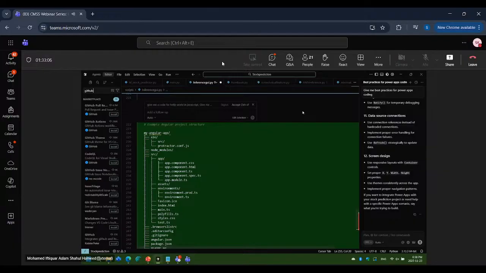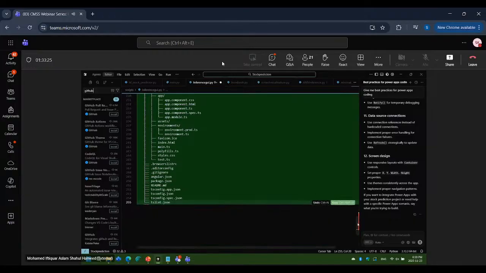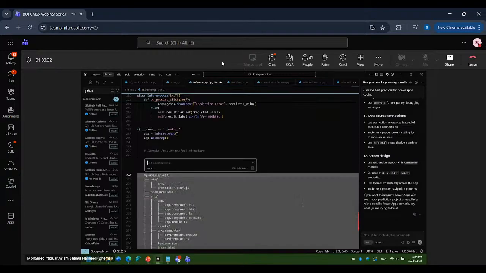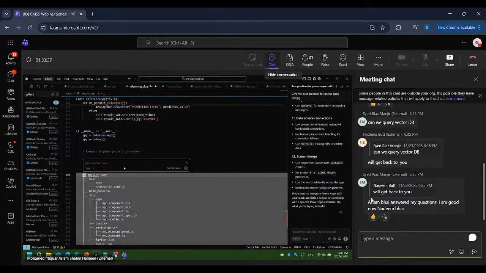Okay, so in this demo, whatever you showed, it created a project structure, right? Is it possible to generate the whole project structure and code along with it, or will it just give you the structure and we have to insert the code in each of the files? No, it will. You can also say, generate a code and insert it. We can insert the code if we say so.